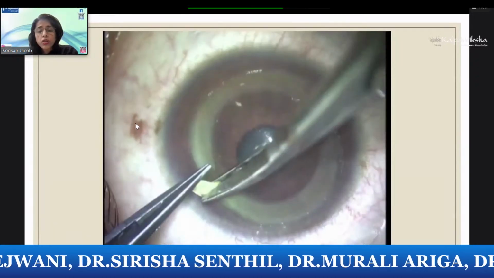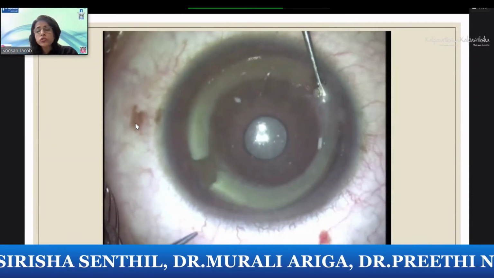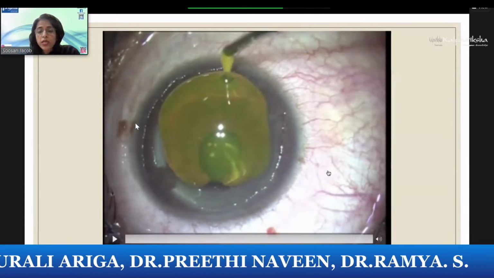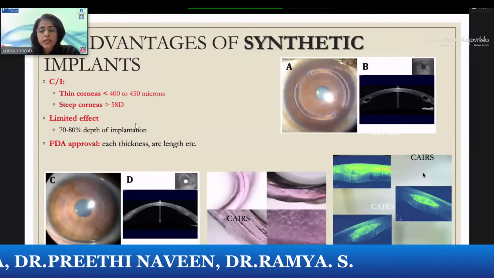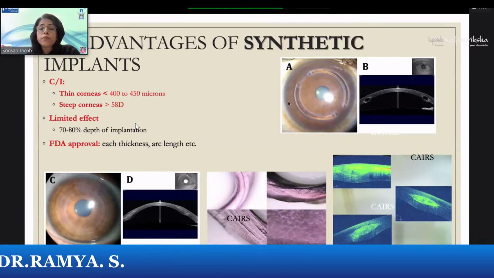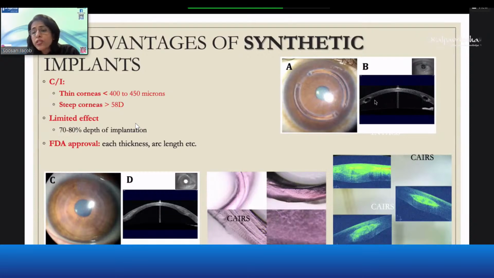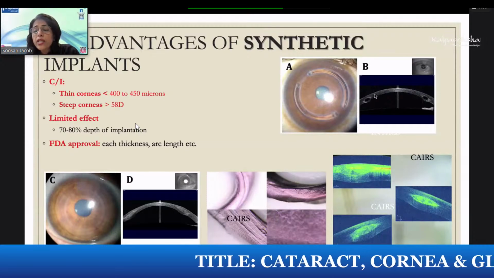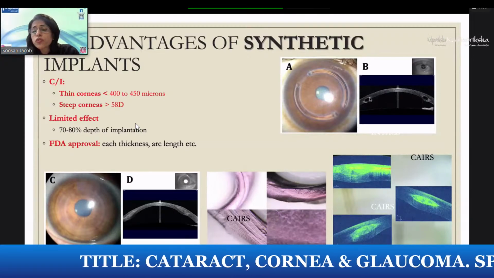So basically, you've now got allogenic Intacs, or human tissue Intacs, or CARES, corneal allogenic intrastromal ring segments, which help increase the visual acuity and improve the topography. Now, the beauty of this over Intacs is not just its safety in preventing complications, but also the fact that you can implant it much more superficially. Intacs is typically implanted at 75 to 80% depth, because you're scared that it will erode out, so you want a safety net of enough stromal tissue above the Intacs.